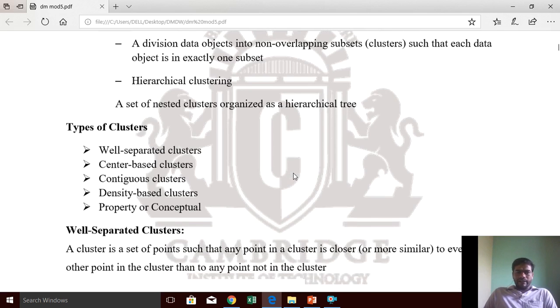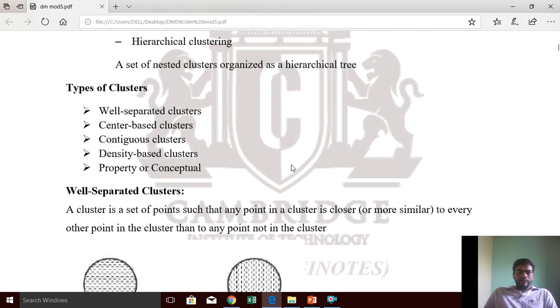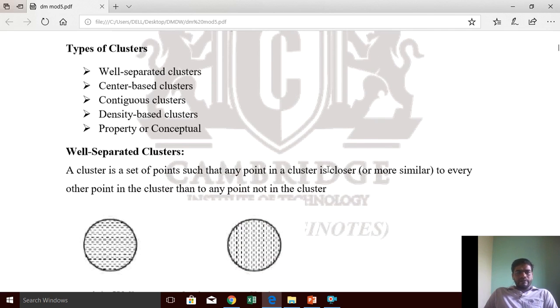Then what is hierarchical clustering? A set of nested clusters organized as a hierarchical tree. So now clusters are arranged in the form of a hierarchical tree. The types of clusters are: well separated clusters, center based clusters, contiguous clusters, density based clusters, and property or